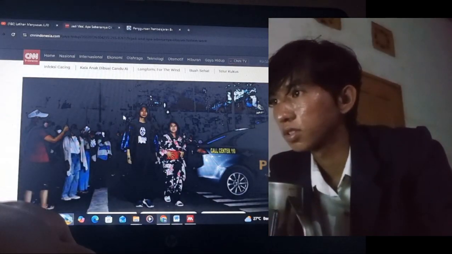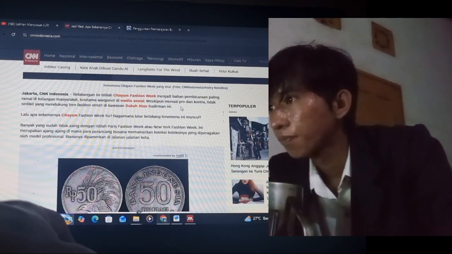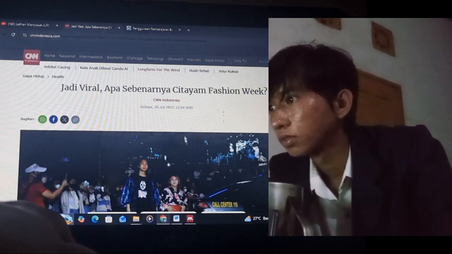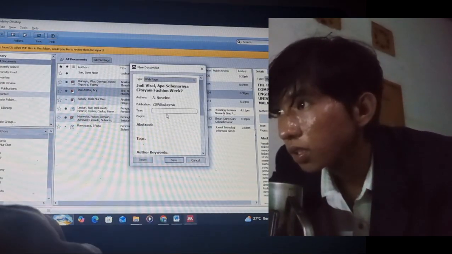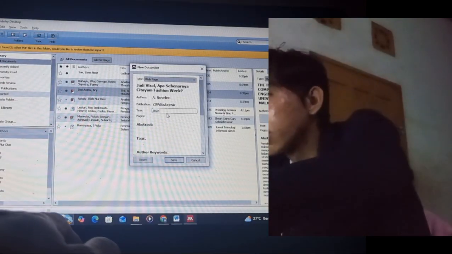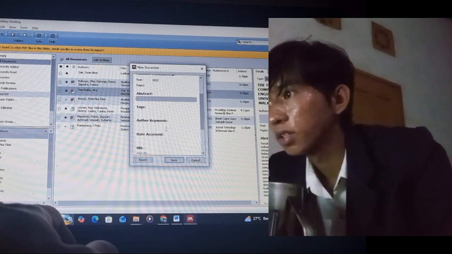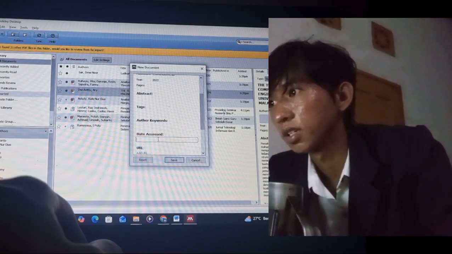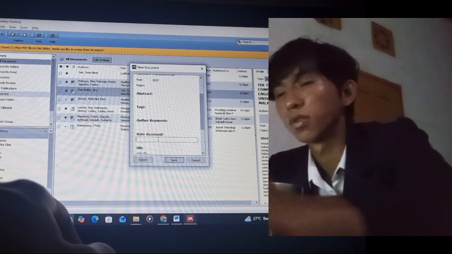And the year is 2022. Text you can skip, abstract you can skip, text either clause you can skip, then the date accessed you can make.